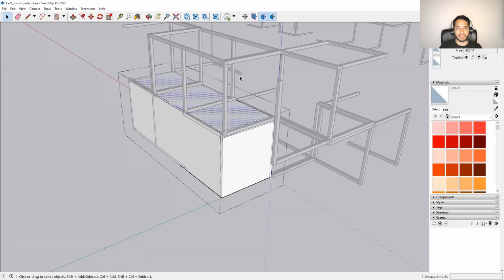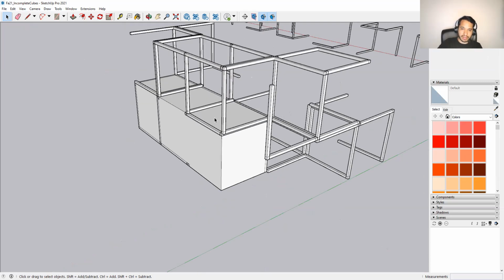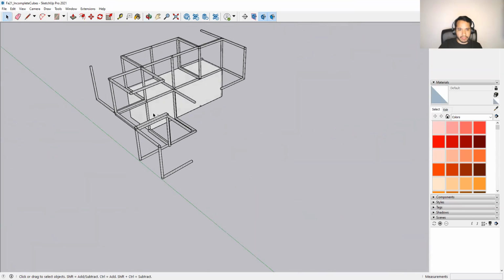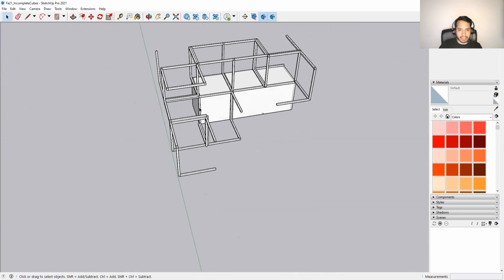Got it, right? We're just starting off, but now I know this is 432 square feet, and I could keep a tab on the side and write down each massing that I make. This way I could add everything up at the end and make sure that I'm within that 1,000 to 1,300 square foot range. Now, maybe what I'll do is do another massing over here,